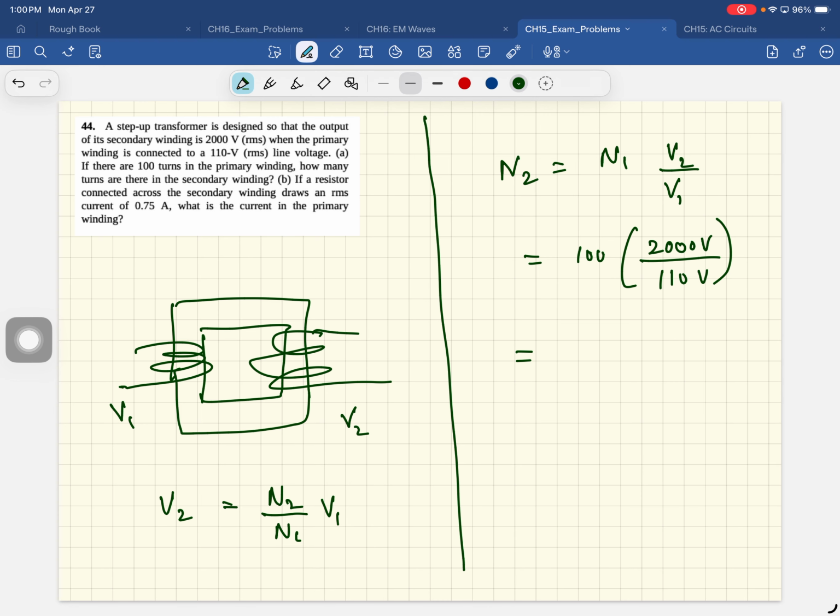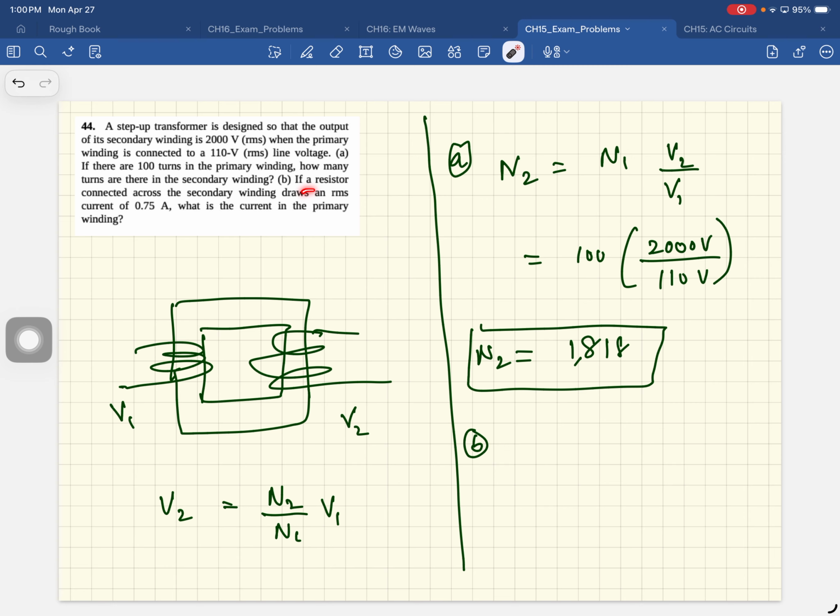So N2 is 1800 turns. Okay. That's part A. And then part B says, if a resistor connected across the secondary windings draws an RMS current of 0.75 amps,